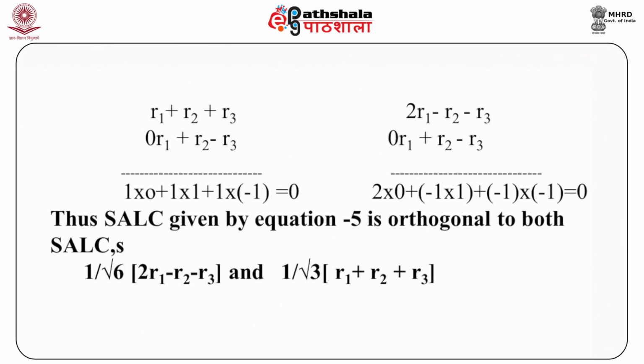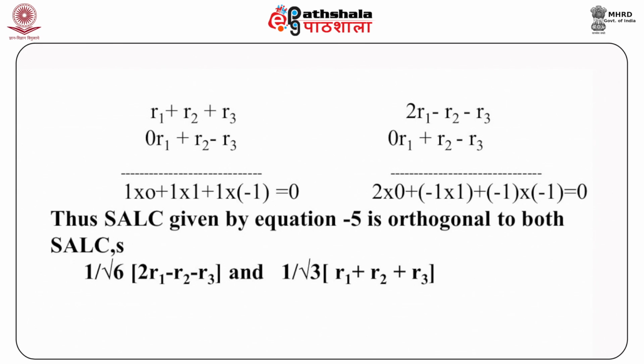And if we do this procedure and then add this together, you find the result is equal to 0. Now, let us take the other SALC, again 2R1 minus R2 minus R3 and then R2 minus R3, and let us check their orthogonality. Again it is equal to 0. So, what we find over here, the SALC given by equation 5 is orthogonal to SALCs given as